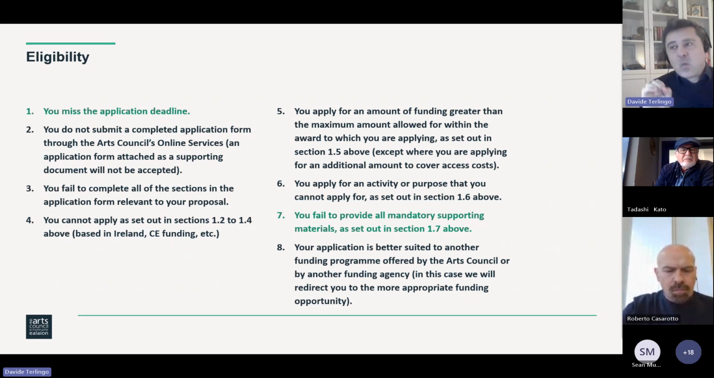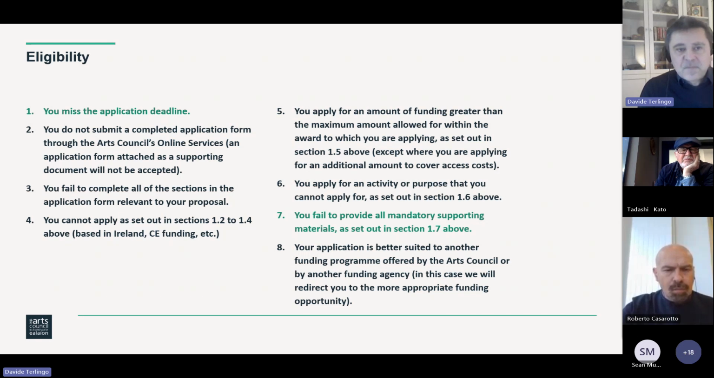Eligibility. We really want to make sure that there is no ineligible application, because that happens quite regularly. So first of all, we will not assess your application if you miss the deadline. That happens quite often. There is no way in which we can accommodate late applications unless there was a technical issue on our side. Essentially, if you miss the deadline, your